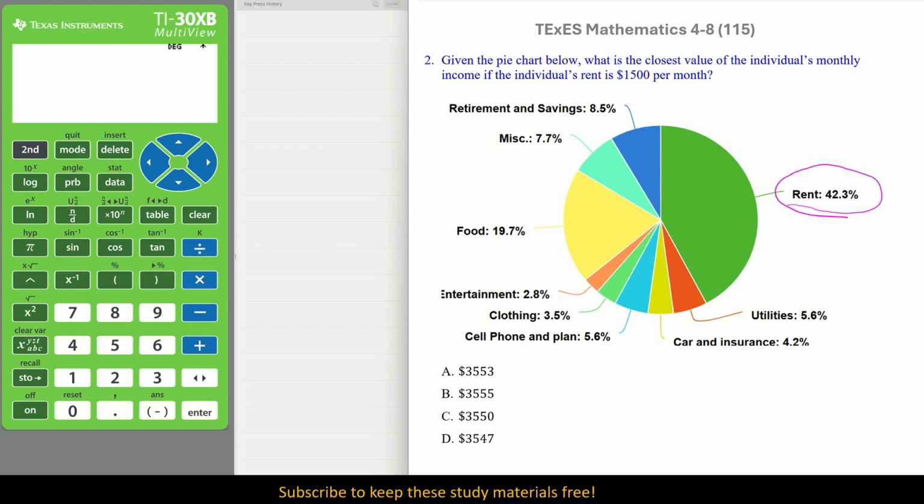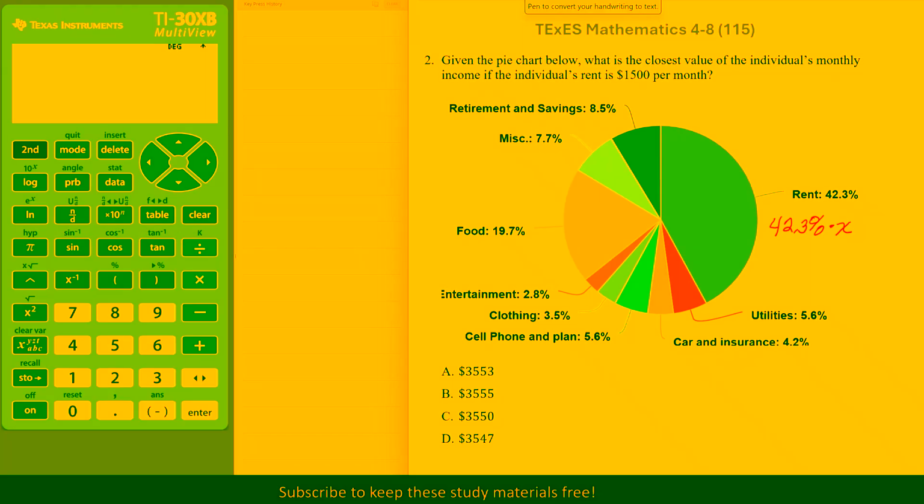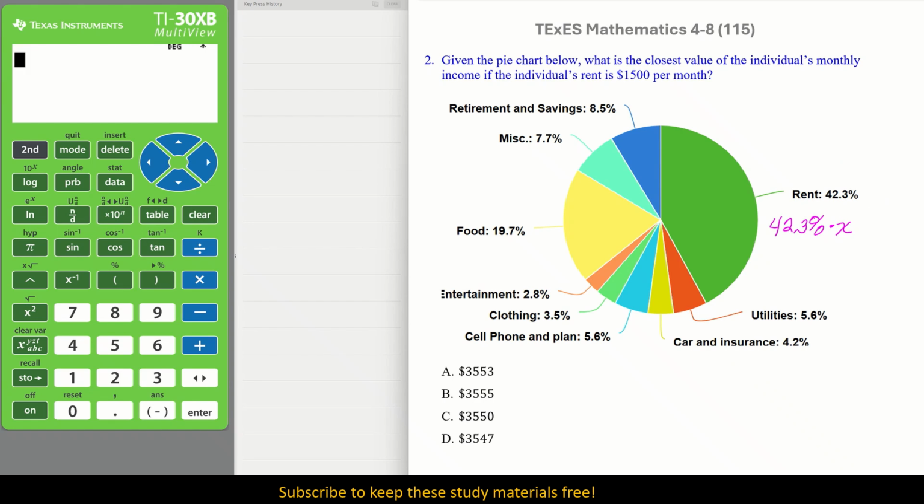It would be 4.3% times, I don't know how much your rent is. Okay, just make it a little clearer. And it should equal whatever we have for a monthly income, multiply it times our percent, and we should get the